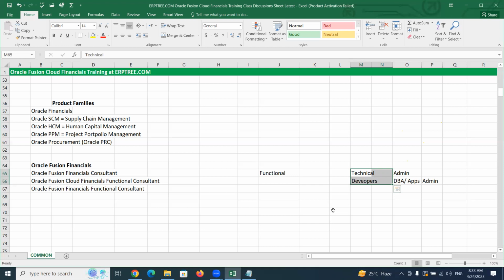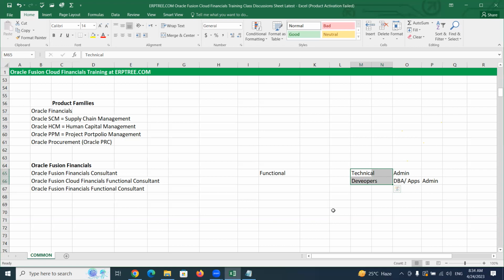are many other companies, they are trying to reduce the technical complexity. They are trying to convert the technical things into functional. They are trying to reduce the complexity. So that is the reason, if you are from an EBS background, you might be aware of this point. The people who worked as technical consultants and admins and DBAs in prior versions of Oracle Fusion, that is EBS 11i or EBS R12, most of those consultants are migrating to functional in the Fusion, because there is no huge demand for technical and DBA.